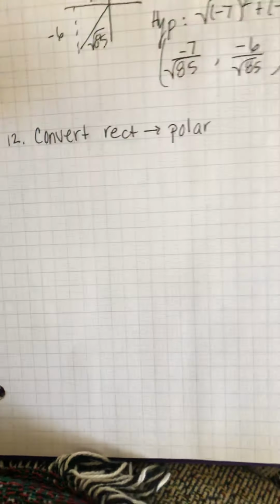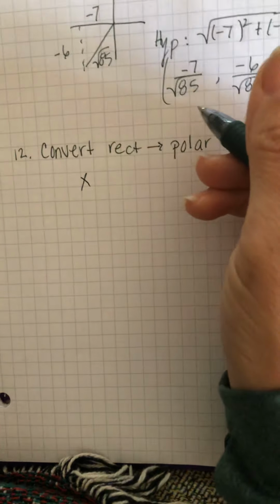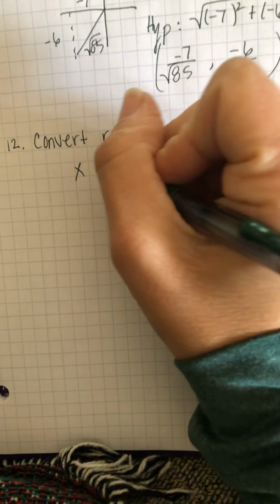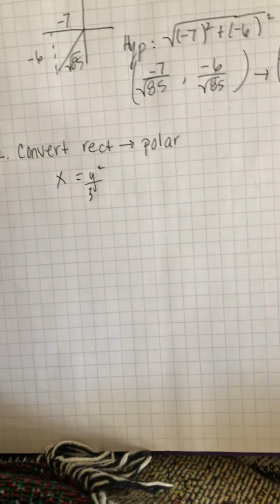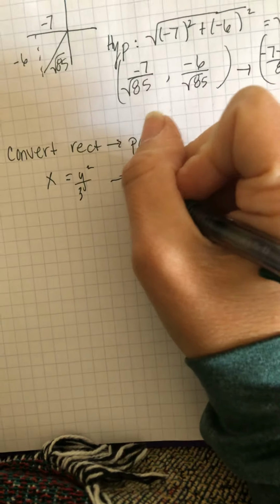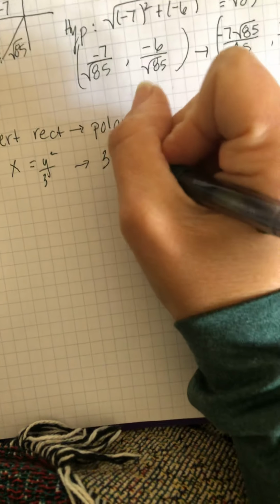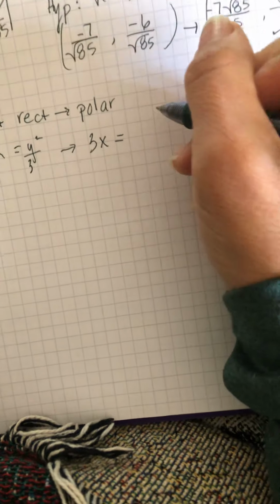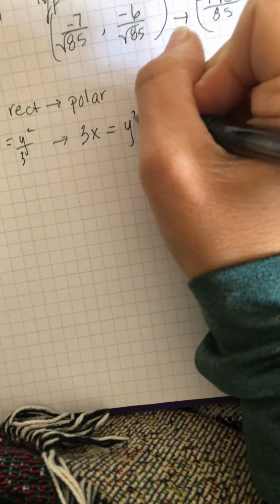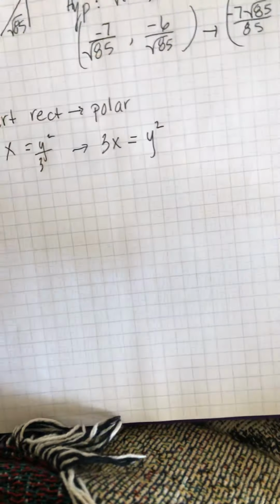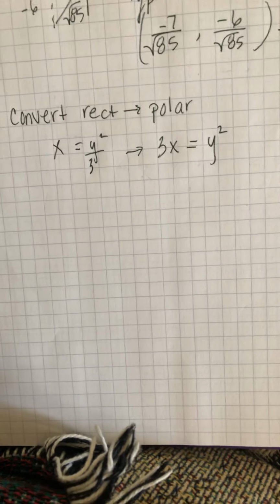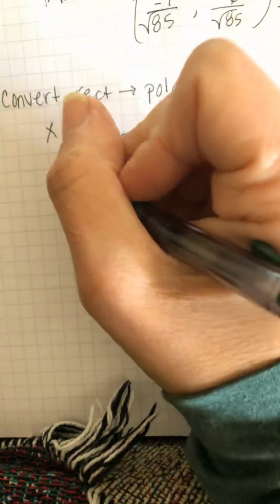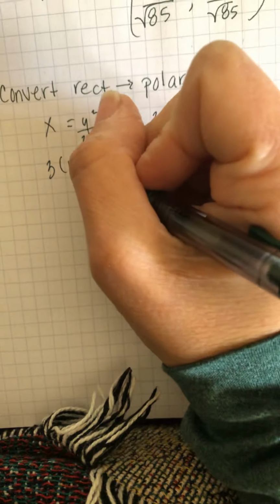Okay, so you start with x equals y squared over 3. So the first thing I did was I multiplied both sides through by 3, and I got 3x equals y squared. And then from here, I converted to polar coordinates. So we know that x represents our cosine theta. So that gives us 3